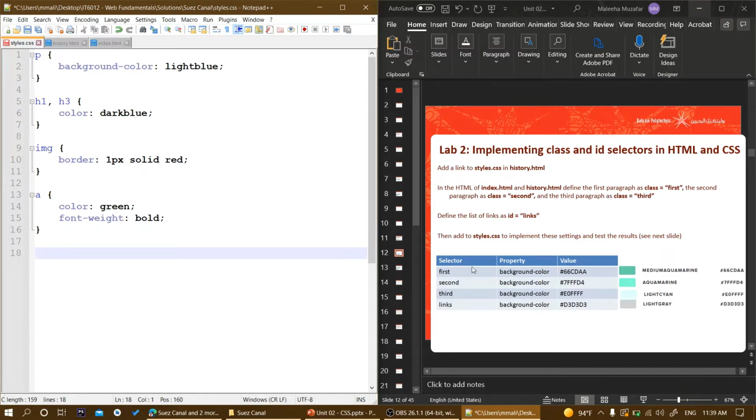Now we know first from here it's a class. How do you represent a class in the styles file? Using a dot. So dot means it's a class. And then you write first and then the brackets. And then you would write whatever property you have to write. So background color